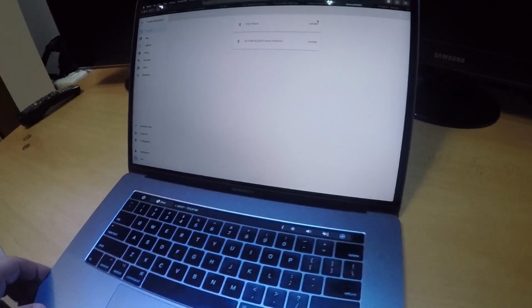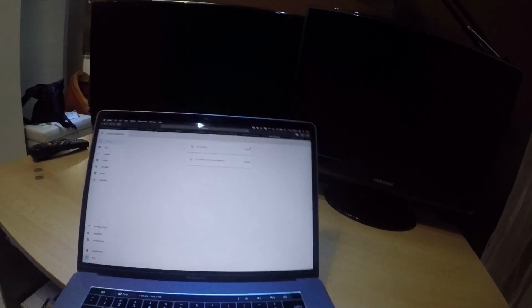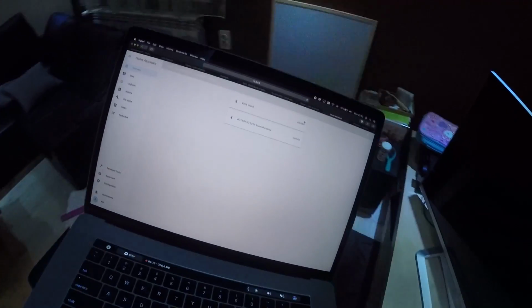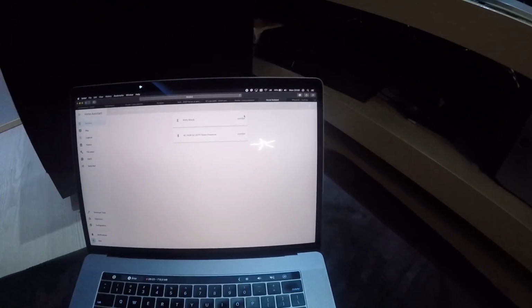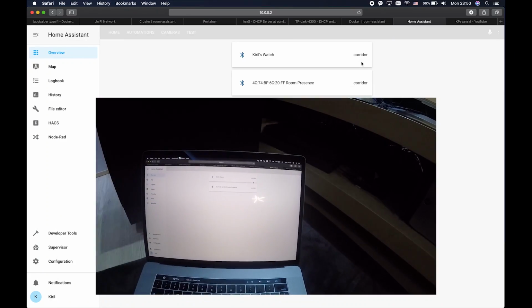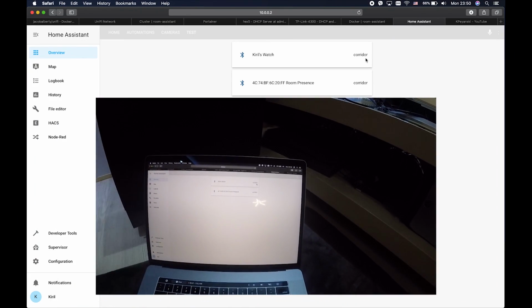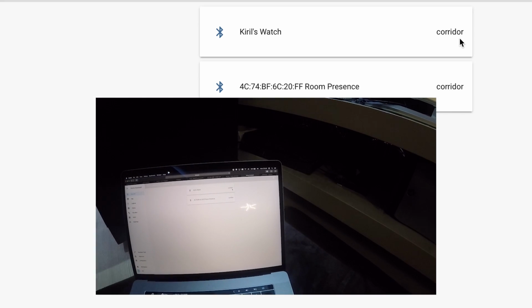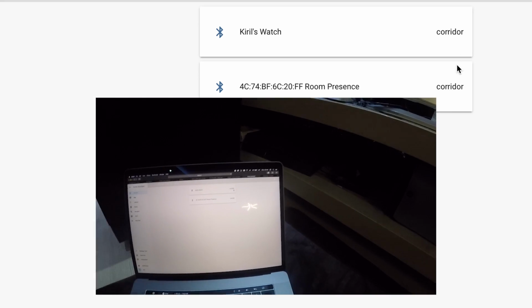and I will go in my living room next to my Raspberry Pi 3, which is here. Here it is. Now, probably, Kirill's watch should change its location. It takes a while.